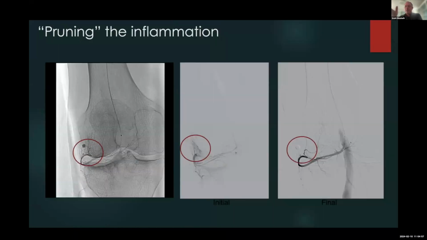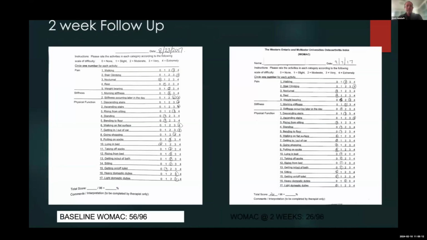So we're not aiming to cut it off at the trunk. We just want a little pruning of the hedges, and that's our goal. Now, why is that our goal? That's what we think is the best idea. We don't really know, but that's generally how we approach these hyperemic areas in the body, like fibroids and whatnot. And then, this is our results.